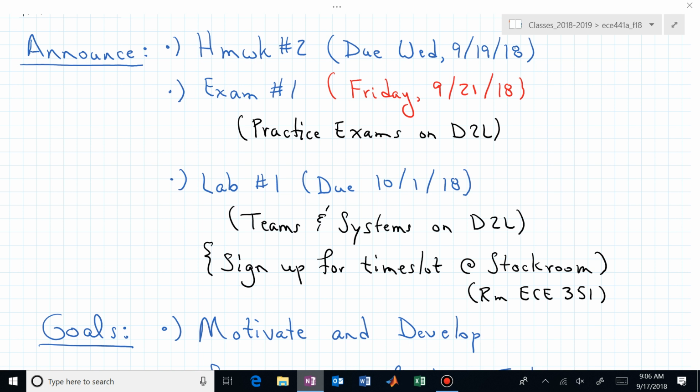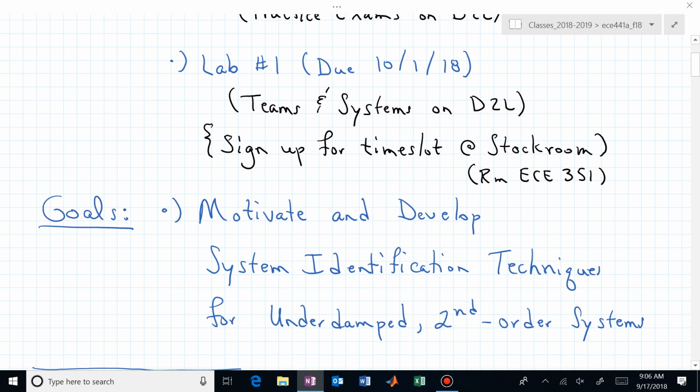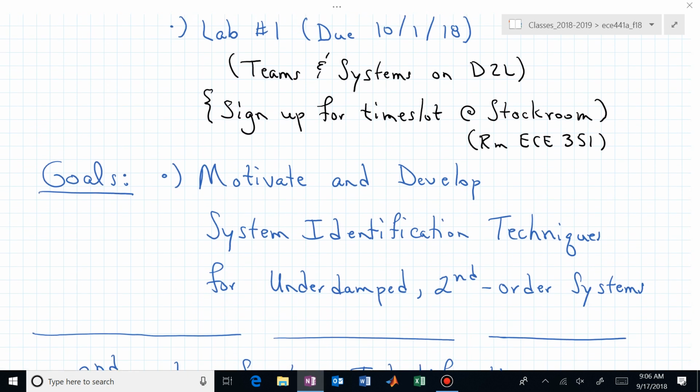Make sure you include the mass of the carriage, which is essentially another plate. So if you have 1 mass, you now have its half plus the half from the carriage, or you now have 1 kilogram for your nominal system mass. Is it clear what I'm expecting out of lab number 1? And hopefully you can look at the notes and watch the video for that to go in, execute the lab